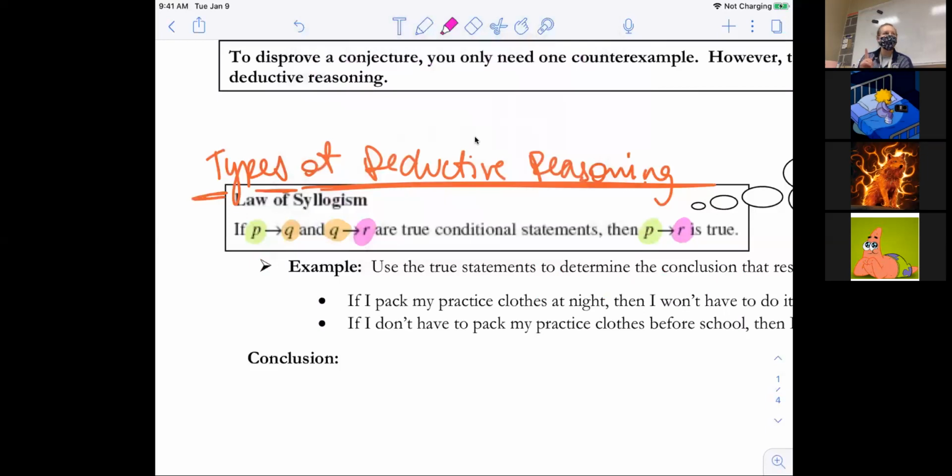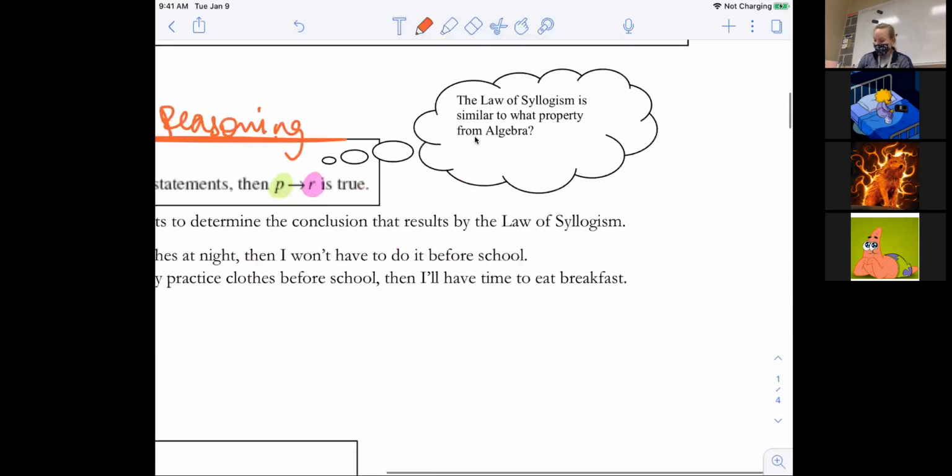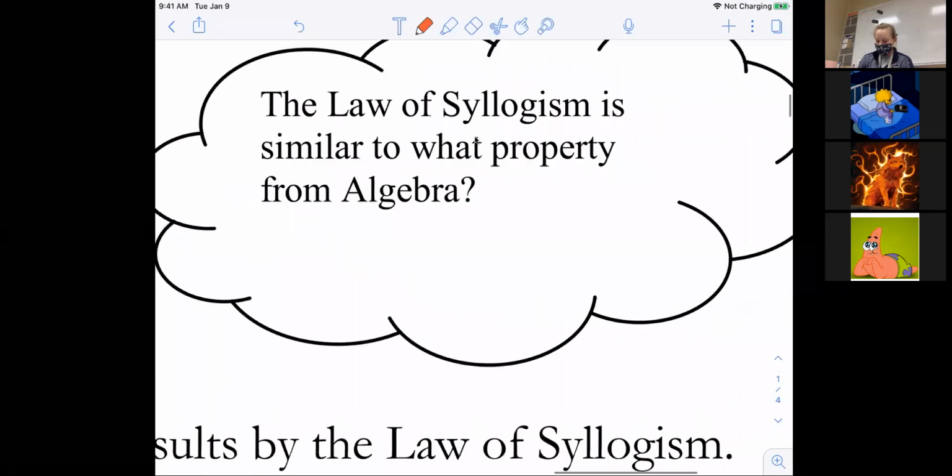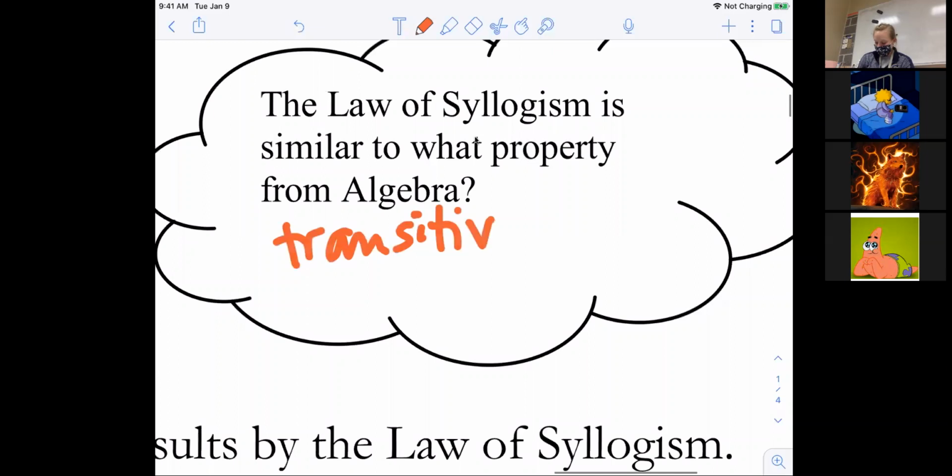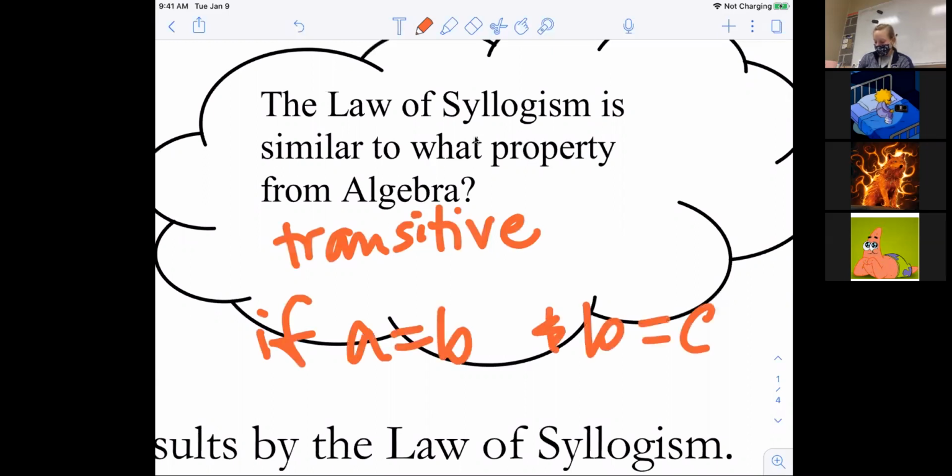Okay, let's put some real meaning behind it, but let's relate this to something I believe you already know. This is a lot like the property from algebra called the transitive property. The transitive property says if A equals B and if B equals C, then what do we know? I want us to keep it in the order A equals C, though.